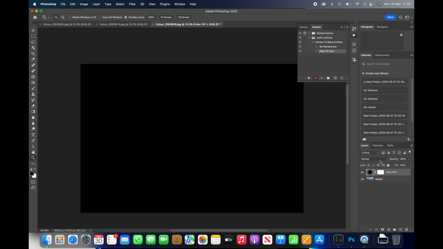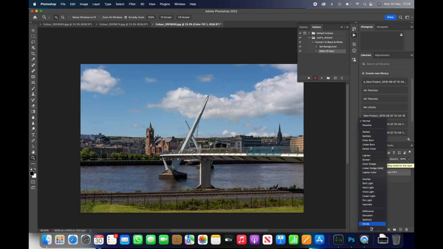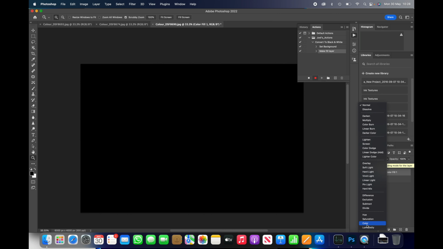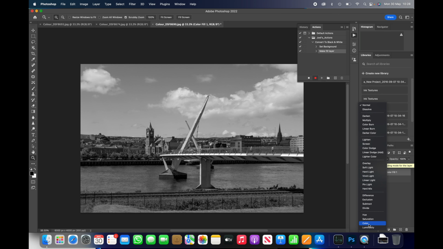You see where normal is your blend mode drop down menu, where you can choose a different blend mode. The one that we're going to choose is color. So we're just going to go right down to the bottom, and you'll see second from the bottom is color. And when we click color,